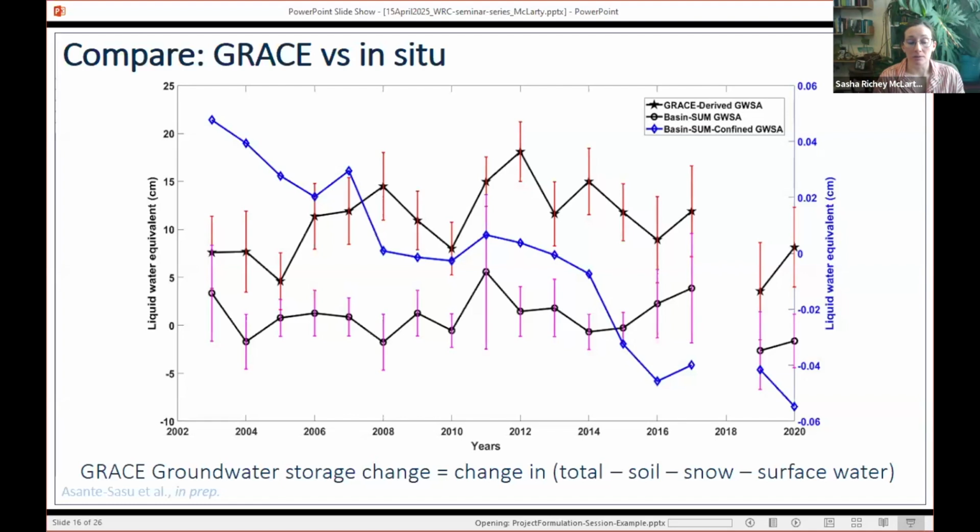A lot of people, myself in the past included, have used GRACE satellite observations to study groundwater and to say that massive declining trends are attributable to non-renewable or confined groundwater declines. And this work is showing that that is not the case, at least on an annual time step. And so then